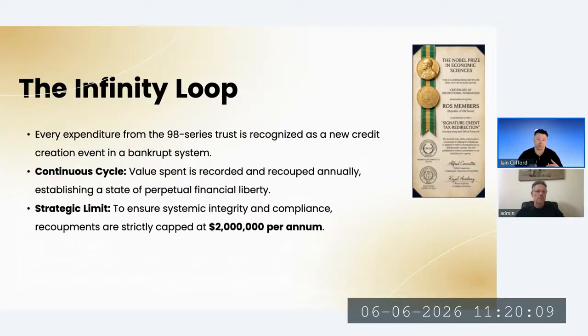Once you have got the ball rolling and you've got your asset fortress protocol, you will be able to buy real assets, hold them in your asset fortress protocol, get rid of all your debts and taxes, and completely transform your game of Monopoly going forward. Then you redirect the taxes on everything you've spent the previous year, year in, year out. So it's not just about $2 million. It could be 100 million. It could be more than that if you've got more than 50 years to play Monopoly going forward.